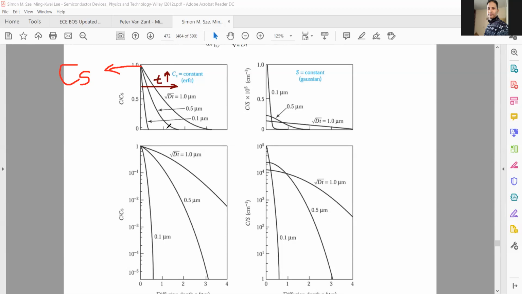For example, for a small time value, the dopant profile ended here, and if you look at these points, there is no doping. But when you apply it for sufficient time, initially dopants have reached only this point, till T1. If you allow for a longer time, the dopants will reach even deeper depths. So this is the curve for the second case.